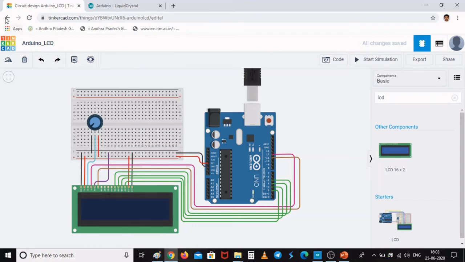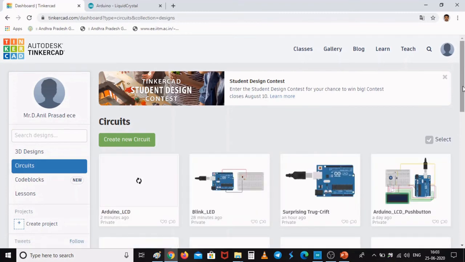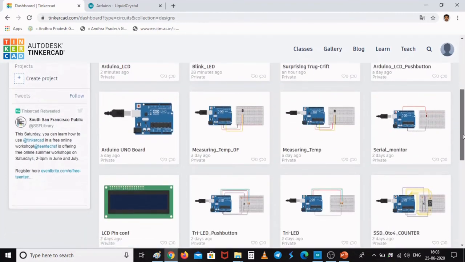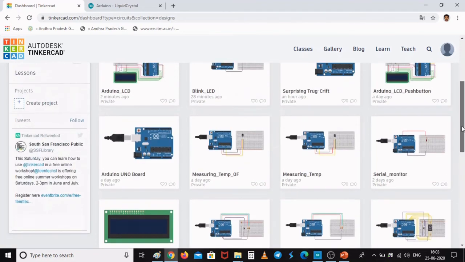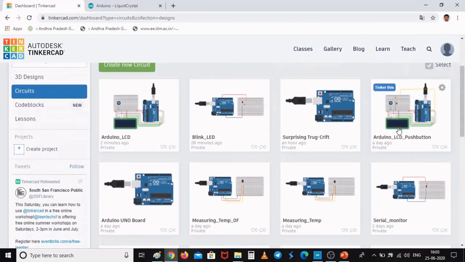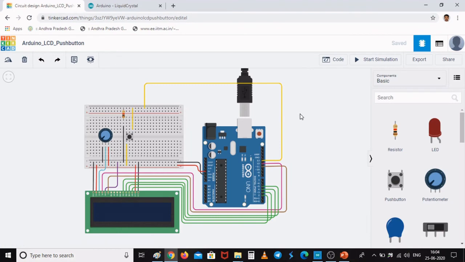Okay. So now I am going to show you how to increment a count with the help of this LCD display. That means I am going to use a push button, so that whenever I press the push button, this count needs to get incremented. I am going to show you how to display 0, 1, 2, 3 and so on whenever I press the push button. Instead of a text, now I want to display the numbers depending upon my pressing the push button.